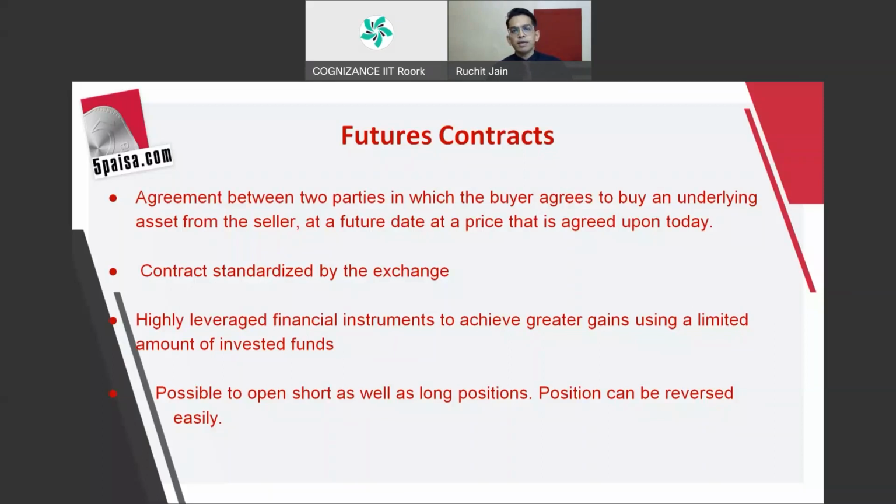Futures price by formula is cash market price plus cost of carry. What is cost of carry? Suppose there are 30 days for the contract to hold. For every contract there is one particular date which is called the expiry date, right? You have to square off that contract before that date itself. So if there are 30 days to expire that contract, then the cost to carry that, the interest cost, in commodities there is storage cost, the cost to carry that for the next 30 days is called cost of carry. So futures price is equal to spot price plus cost of carry.